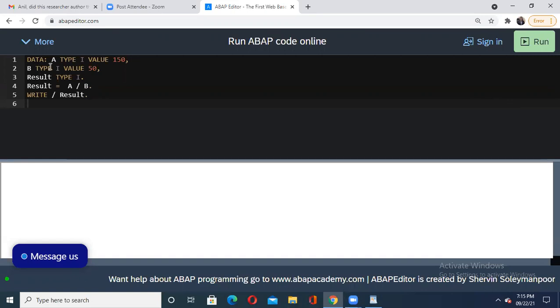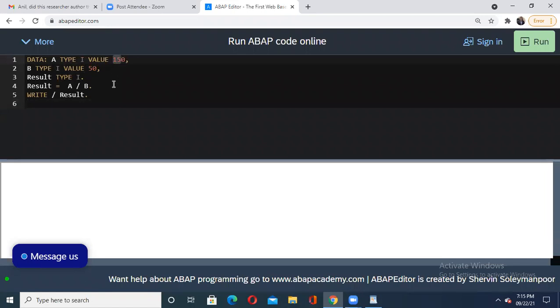See, all of you understand here, inside the data statement, when I want to declare a variable, please recall how we declare it. First we write the variable name, then we write the type, mentioning what type of variable it is. Here it is written i, meaning it is an integer type of variable that I want to declare, and initially I have assigned the value 150 to it.